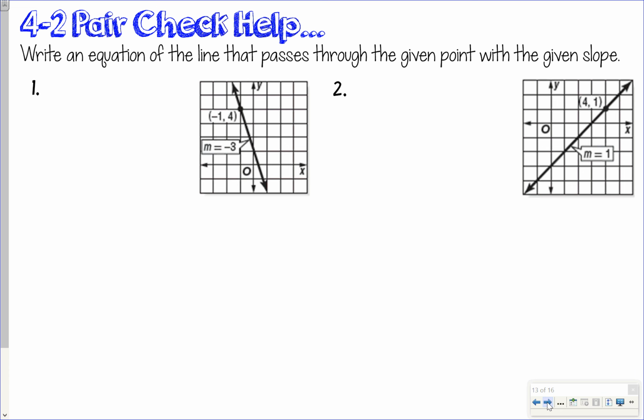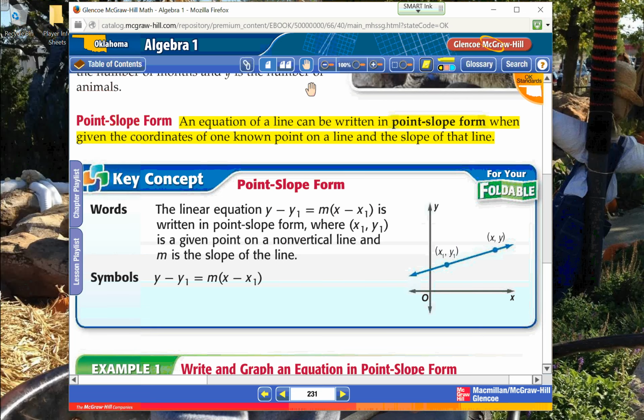You guys think we have time to grade 4-1 pair check? We have like 4 minutes. I know. I think that's plenty of time. Straight up, let's go. Let's grade 4-1 real quick. Okay, so like Anna basically